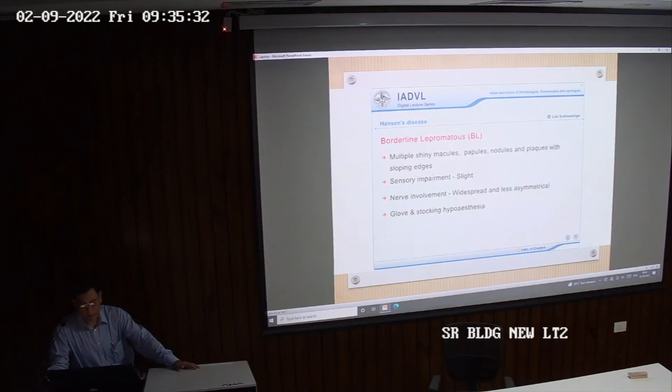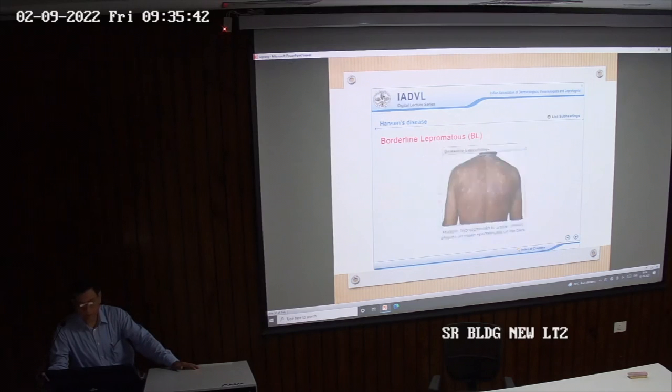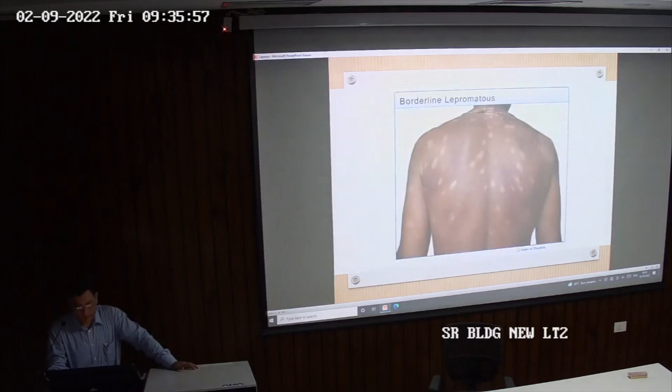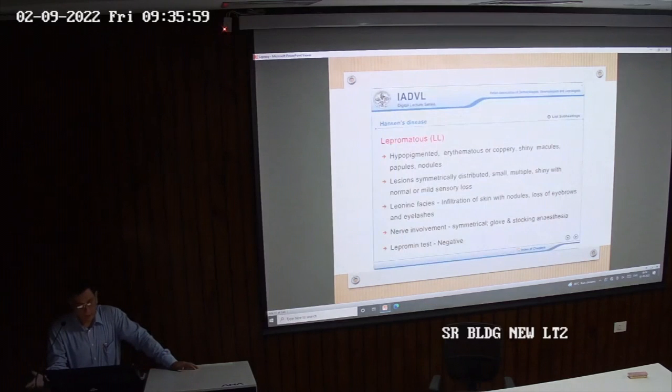So multiple shiny macules, papules, nodules, all sorts of lesions will be there. Sensory impairment is slight, nerve involvement is widespread and less asymmetric, and glove and stocking hypoanesthesia is there. So these are the lesions of borderline lepromatous leprosy. Multiple lesions over the body, symmetrical, hypopigmented, maybe plaque, maybe papule, maybe nodule, maybe hypopigmented lesions only. Then comes the lepromatous leprosy. Multiple hypopigmented, erythematous, coppery, shiny, macules, papules, so all sorts of lesions. The most important thing is that these are